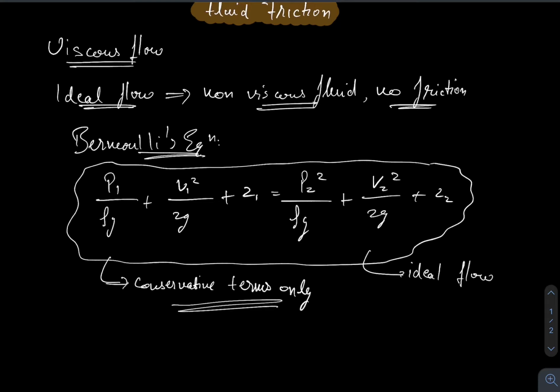If we consider the actual fluid rather than the hypothetical ideal situation, there is some sort of friction. That friction could be between the adjacent layers of the fluid, or between the boundary and the fluid, or due to certain disturbance or eddies formation in the fluid. Because of this friction, there are certain losses associated with the flow. So now we will discuss how to calculate those losses which occur in our system.